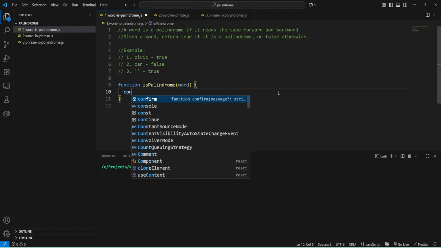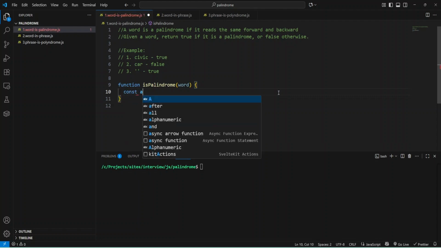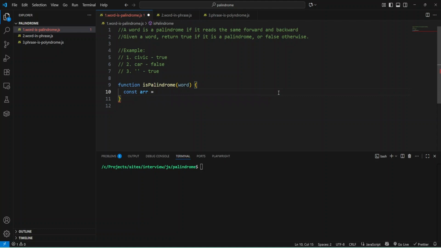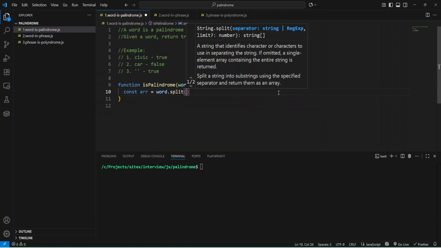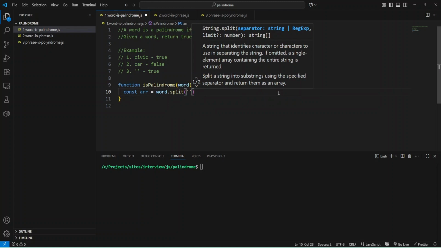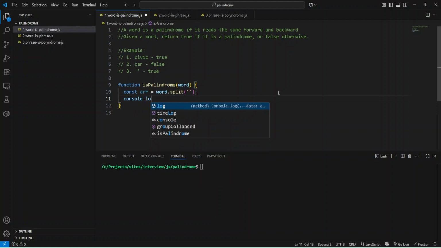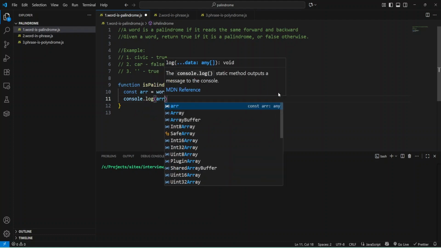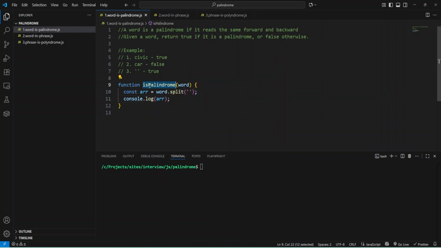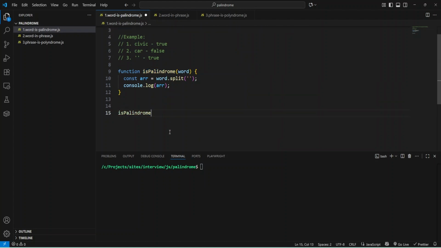Let's start with the array. I'm going to provide const array, and let's take this word and use split with an empty string. Now I can make a console log to see what we have inside the array. Let me call this function and provide this word.